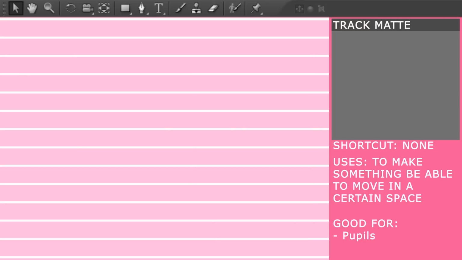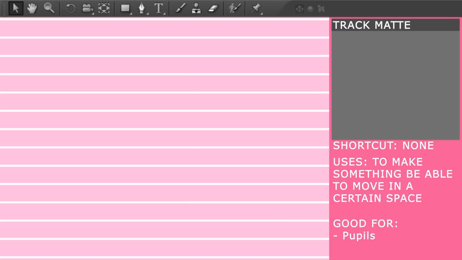So how does that go with animating? Well, the only time that I've really used it for animating is with the eyes. Say if you're moving the pupil and it goes out of the eye whites and you want it to stay in the eye whites because it doesn't look that good when pupils are outside the eye. Then you can just mask out the eye and then use a track matte on the pupil so that it stays in the cornea, or not the cornea, what am I talking about? You know.